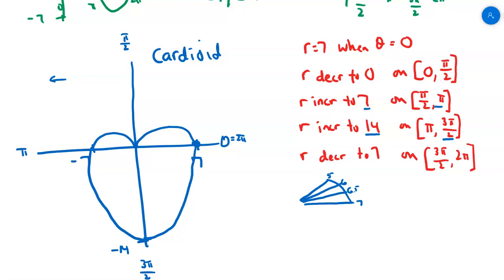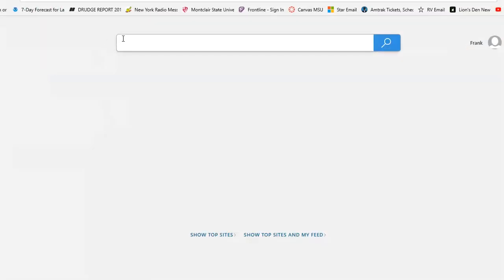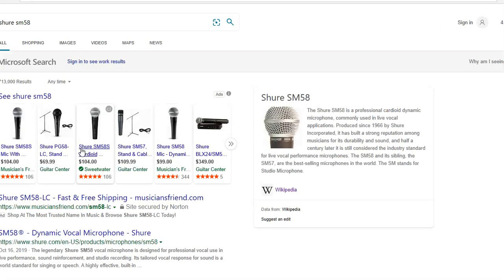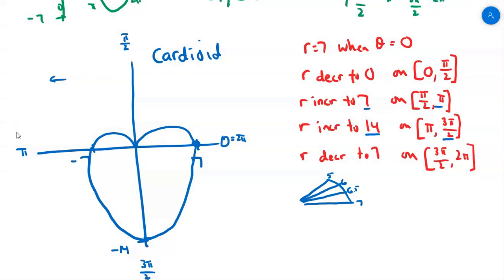The microphone that I'm using right now to record this video is what we call a cardioid microphone. Look up a Shure SM58. In fact, I'll bet you if I pull up here, let's look at an SM58. That's actually the mic that I'm using. And it says right here, it's a professional cardioid microphone. What that means is if you go back to the pattern that this looks like, it's going to take